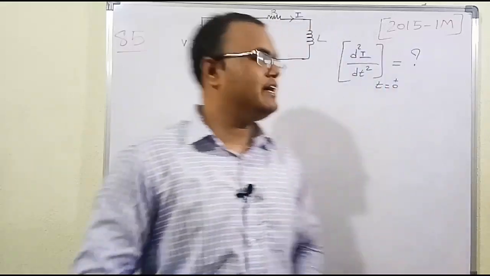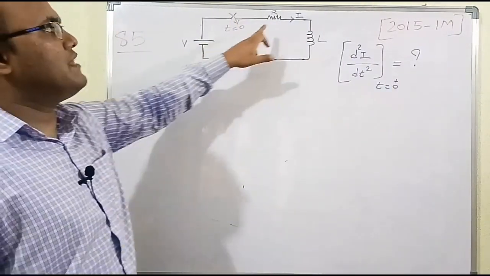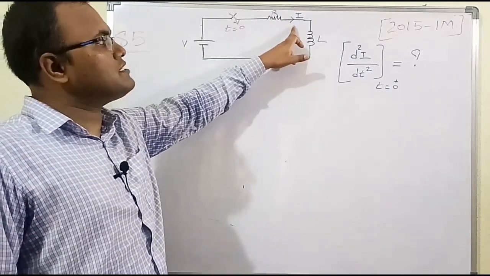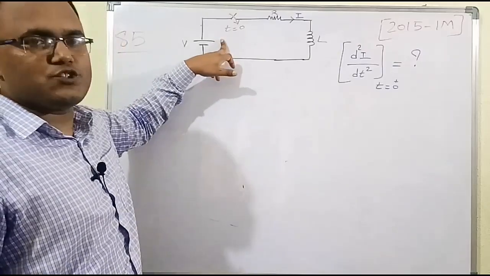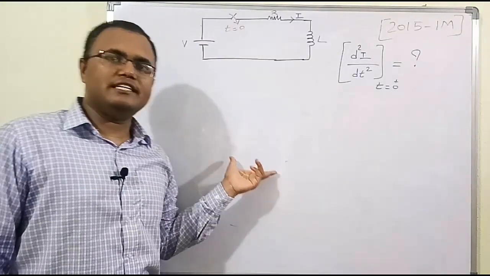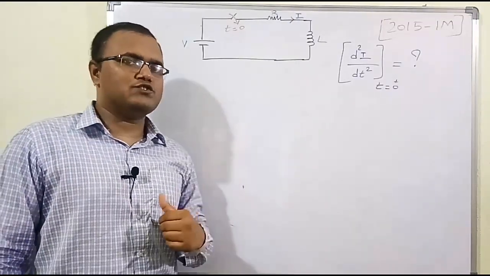After solving the previous problem, now let's move forward to do another numerical. The numerical number is 85. In this numerical, they have given an ideal voltage source of V, and there is a series RL circuit which is R and L, and the current through them is I. In this circuit there is a switch. The switch is closed at t is equal to 0. They also give that the initial conditions in the circuit are 0.